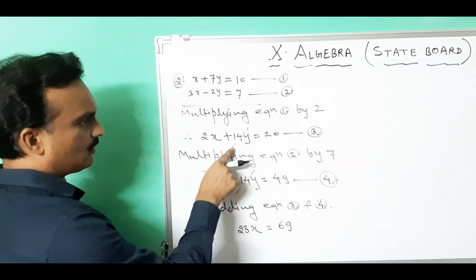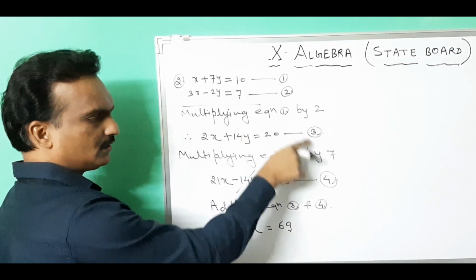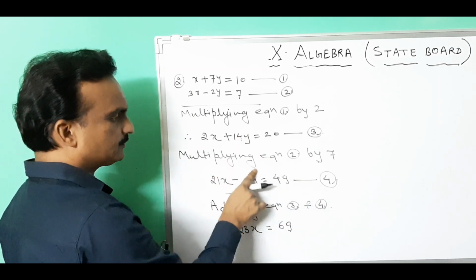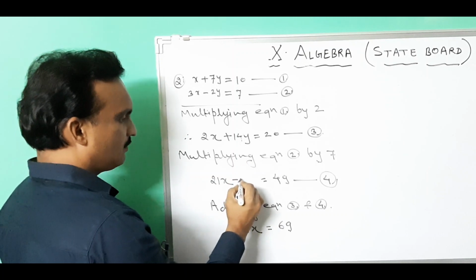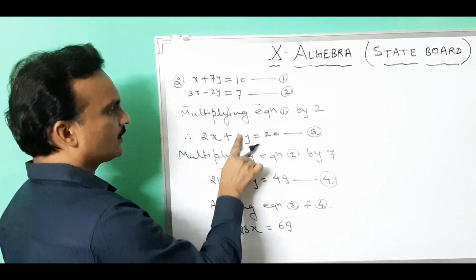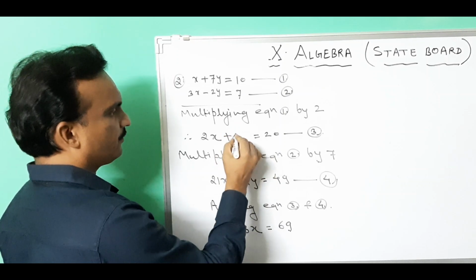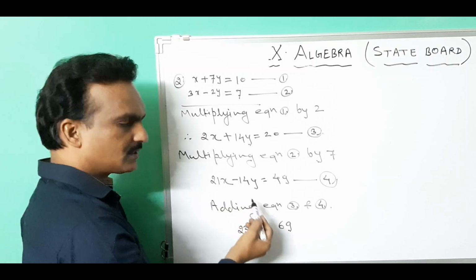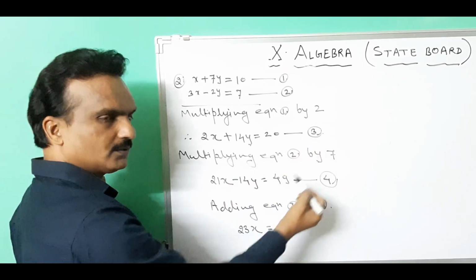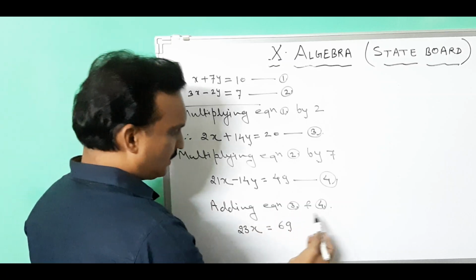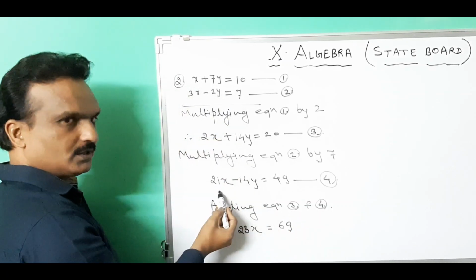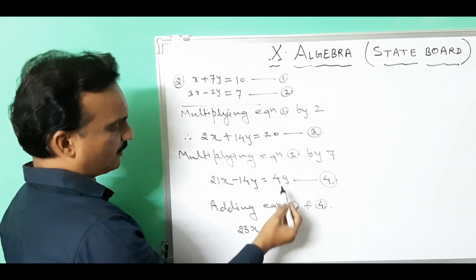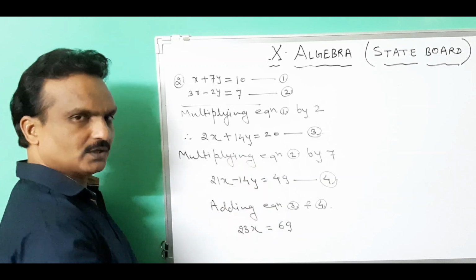Now you cannot show it like this here because these two statements are different. So इसको ऐसे ही लिखेंगे हम लोग, माइनस 14y, और यहाँ पे हम लोग इसको कट करके नहीं शो कर सकते बिकॉज दिस टू आर डिफरेंट, राइट. नाउ एडिंग इक्वेशन 3 and 4 विल गेट 2x plus 21x is equal to 23x is equal to 20 plus 49 will give you 69. ये दोनों कैंसिल हो जाएगा.